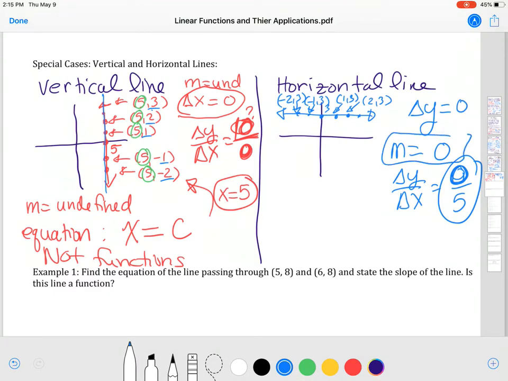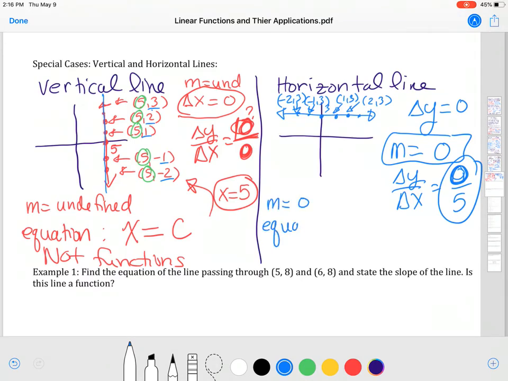Which is why the slope is always 0 for a horizontal line. Now the equation for a horizontal line is very similar to the vertical line. Since x can change and be anything, it doesn't matter what x is, y is always the same number here. So my slope is 0 for a horizontal line,